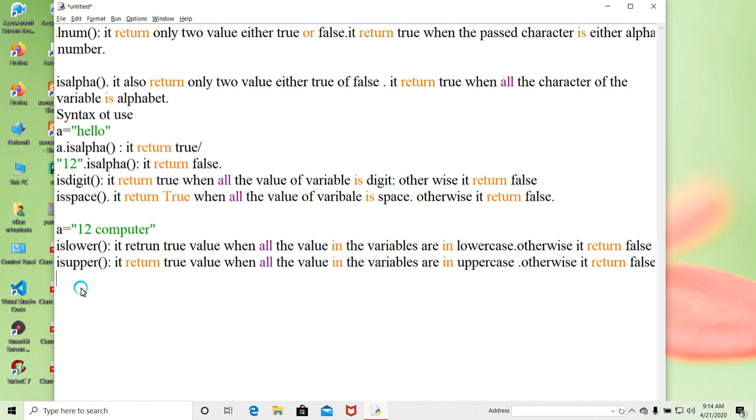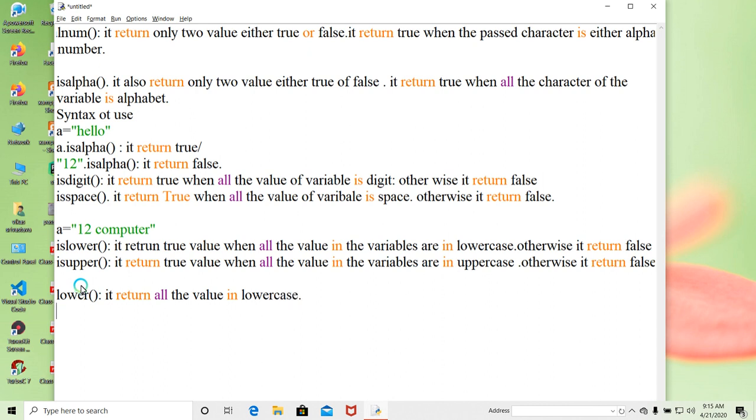Now, until now we have seen functions that return upper and lower checks. Now we have one function whose name is lower. And what does it do? It does not return true or false. It returns a value. It returns all the values in lowercase.